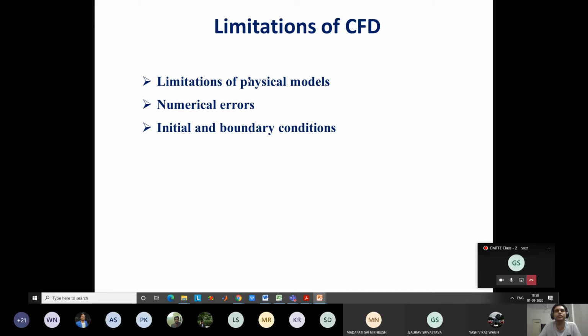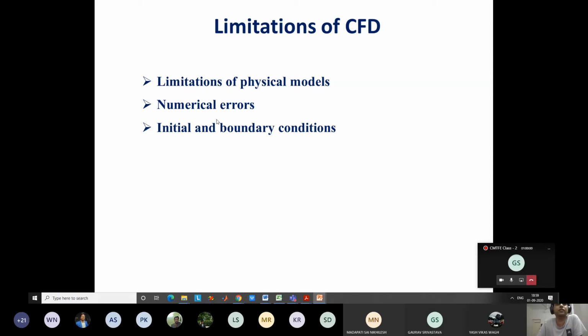So averaging is used. Similarly, for turbulence, a lot of averaging is done because turbulence is still an open problem. You cannot actually resolve how the flow pattern will happen. Although a lot of progress has been made in the last 20-30 years, it is still an open-ended problem. This is one limitation of the physical model itself. If the physical model is not amenable to CFD solution, there is no point in going further. You cannot solve using CFD.